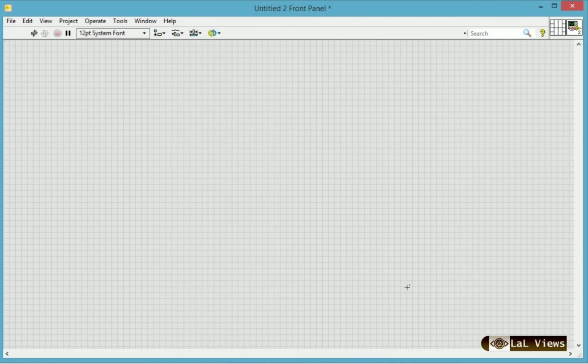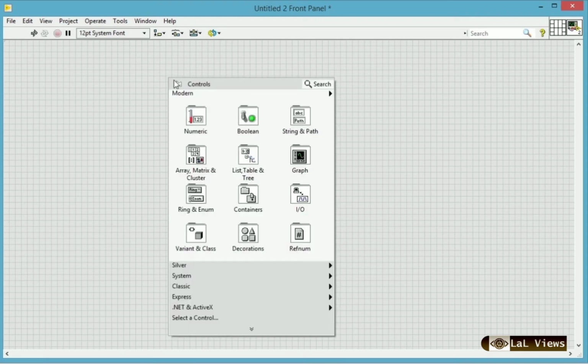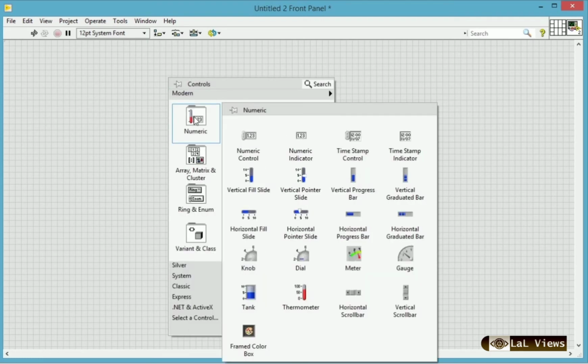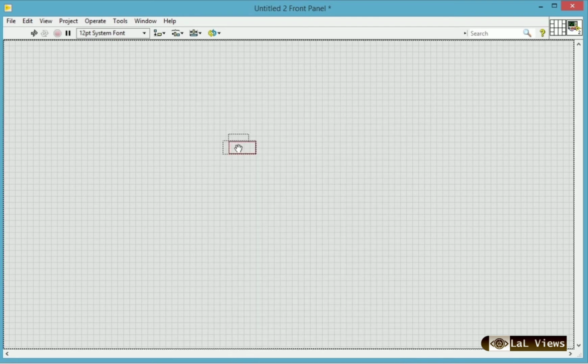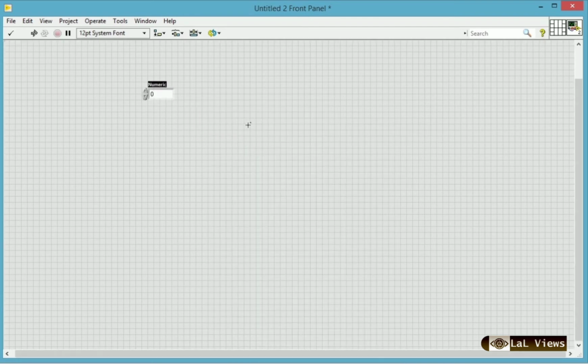First of all, we should have two operands. For performing any arithmetic operation, we should have two operands. So first I'm taking an operand, that is a numerical control. I'm selecting a numerical control, placing it here, and giving the name operand 1, OP1.